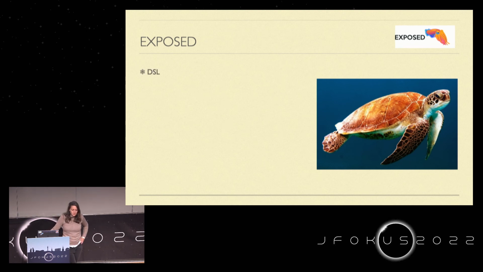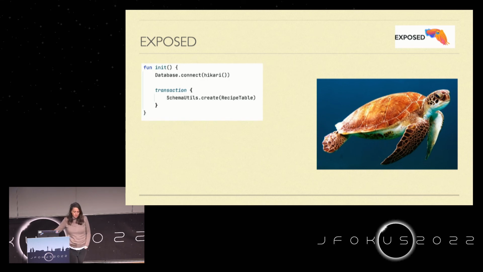Let's have a look at Exposed. Exposed has a DSL. It's supporting lots of database dialects, mainly, as you can see, relational databases. This is how you can use Exposed in a Ktor application, for instance. You can just connect to your database using Hikari, still goes fine. And if you don't want to use Flyway for your database migration, you can just initialize your schema using Exposed. However, I would still advise to have Flyway because of versioning, but that's a matter of taste. If you want to go fast, this is a very valid option. Yeah, connect to Hikari.